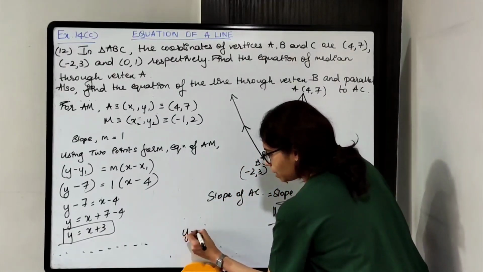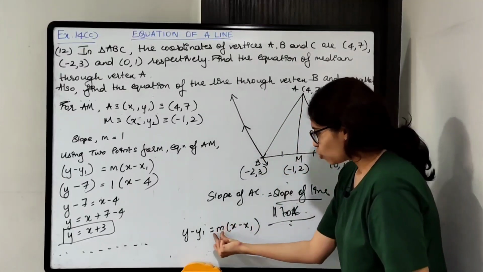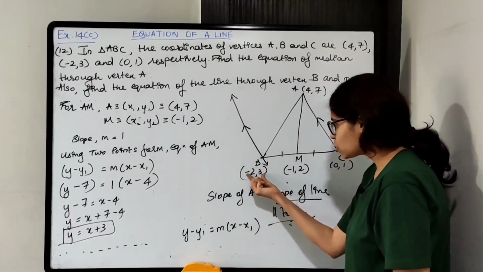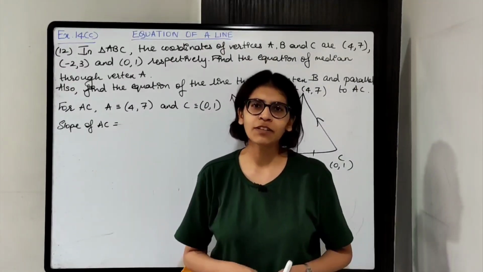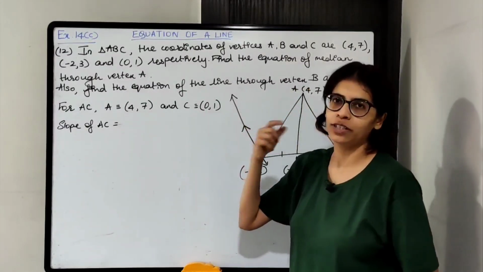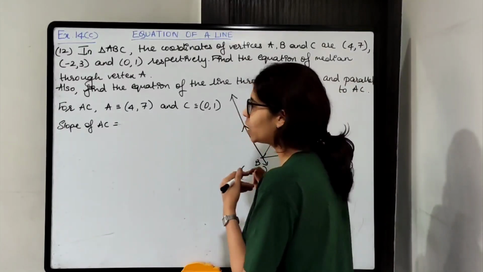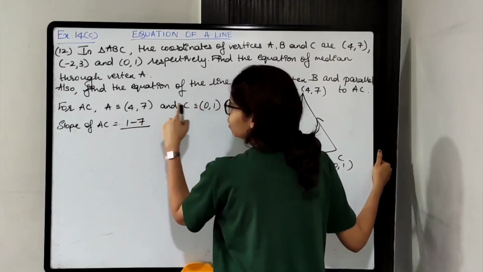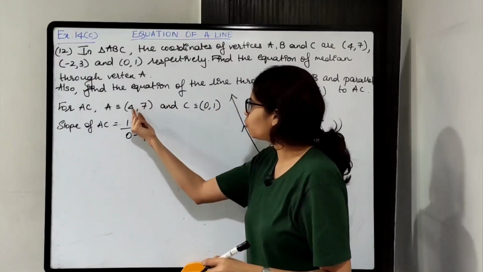That is y minus y1 is equal to m into x minus x1. Slope मिल जाएगा यहाँ से. Okay, and x1 y1 is nothing but the coordinates of the point lying on that line, that is B का coordinates. Okay. First we'll find out the slope of AC. So for AC, A का coordinates and C का coordinates, we know we can easily find out the slope. So first we'll subtract y coordinates. So 1 minus 7 upon 0 minus 4, right? You can also take like this, 7 minus 1 upon 4 minus 0.